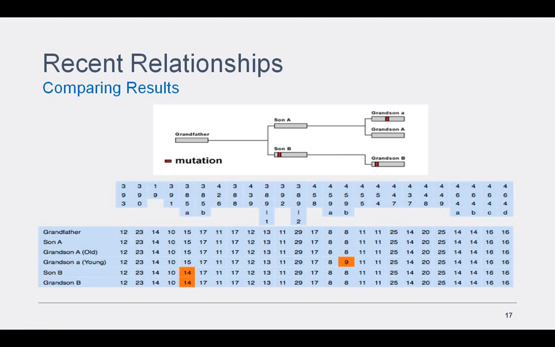Somebody just asked, Carla just asked, can you use mutations between families to sort out how long ago a mutation happened anytime? That's a possibility. There are some families that actually do have mutations that, if you test enough people in a family, and we're not talking just immediate family, but if you go out and test a whole bunch of fifth cousins all descended from the same common sixth great-grandparent or fifth great-grandparent, whatever it is, then you may indeed end up finding a mutation that happened somewhere back in time